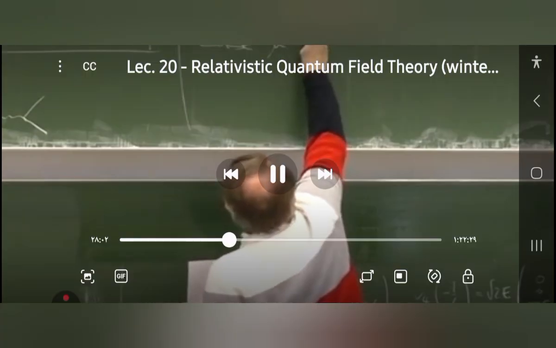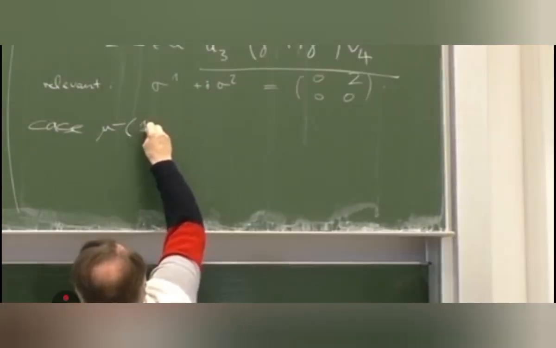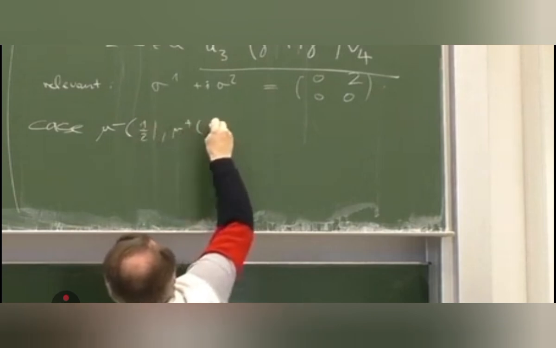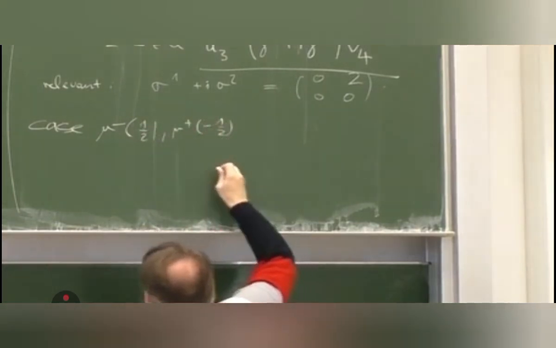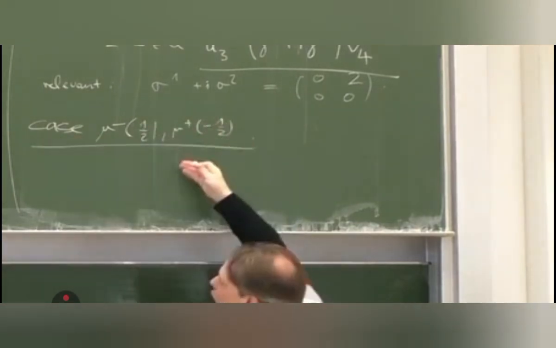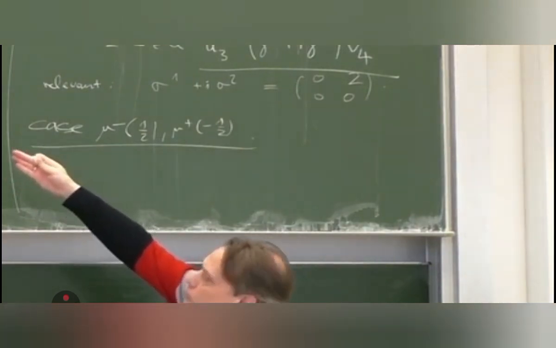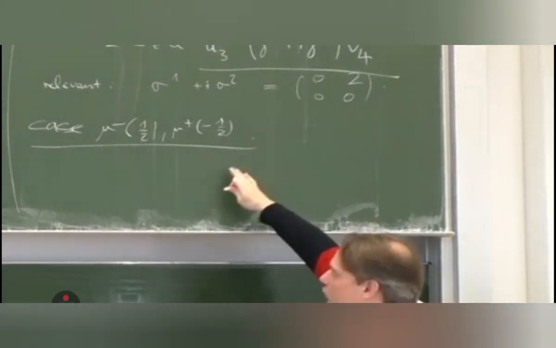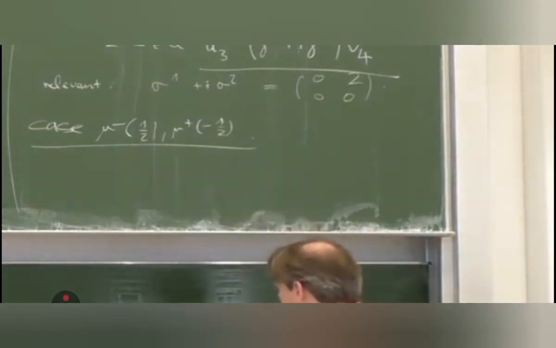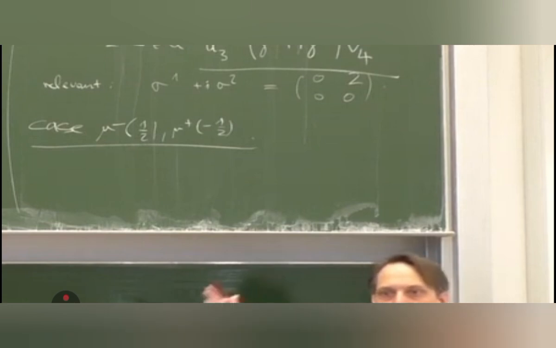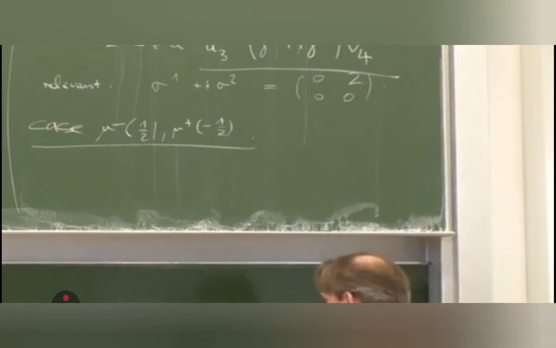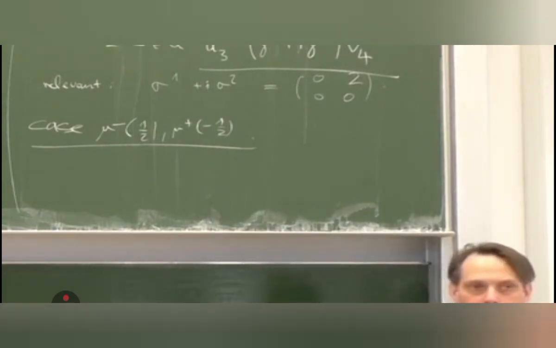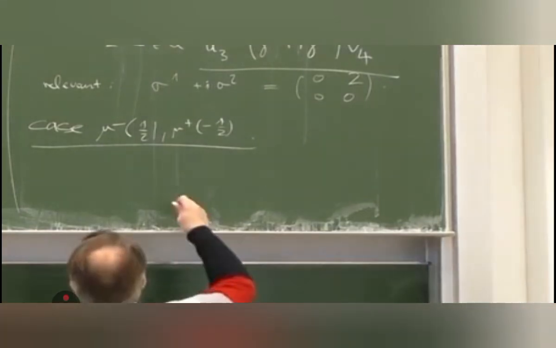So case 1, mu minus has spin plus 1, and mu plus has helicity minus 1. So that is the case which is very closely related to the initial state, where also the electron has plus 1/2, positron has minus 1/2. So it's basically the spin is the same as in the initial state, only the angle is maybe changed. And then we have to use the upper line here for our spinors. So let's plug it in.